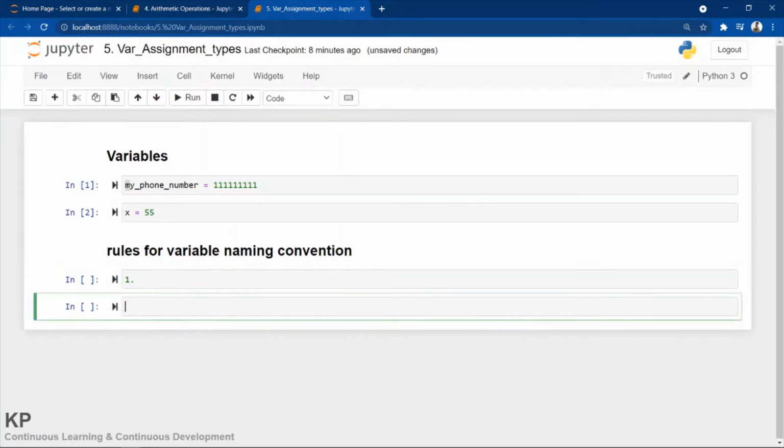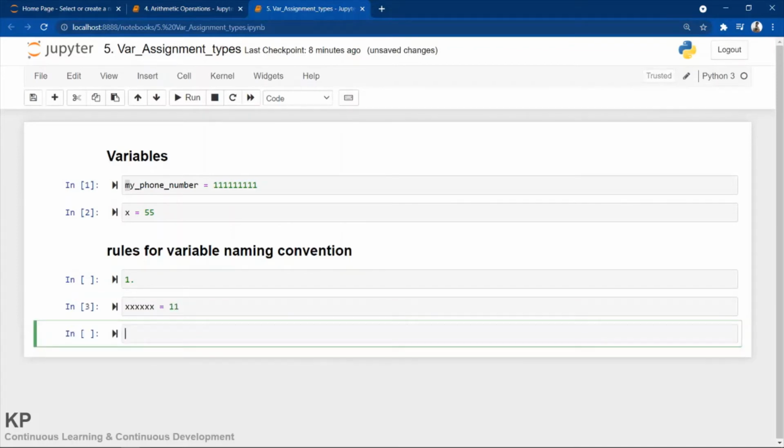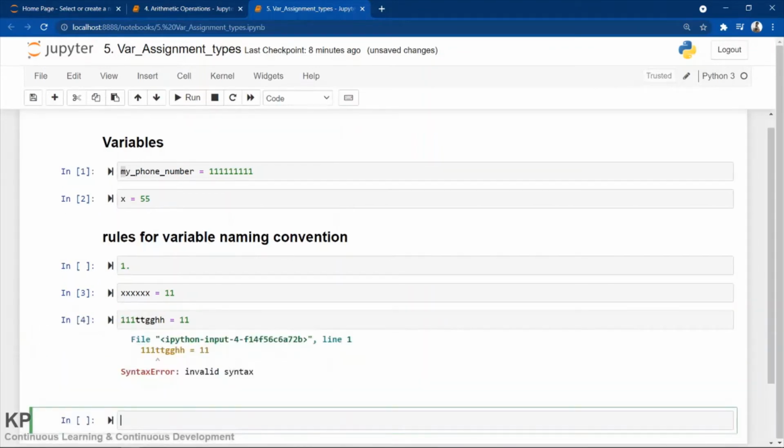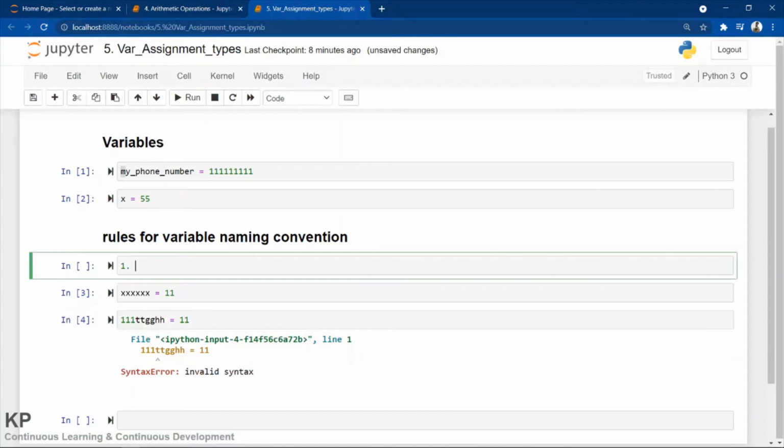I can type 4x equal to 11. That is possible, but I cannot do 1ttggh is equals to 11. This is wrong. See here, invalid syntax. It is giving a syntax error. So first point, start with a letter.